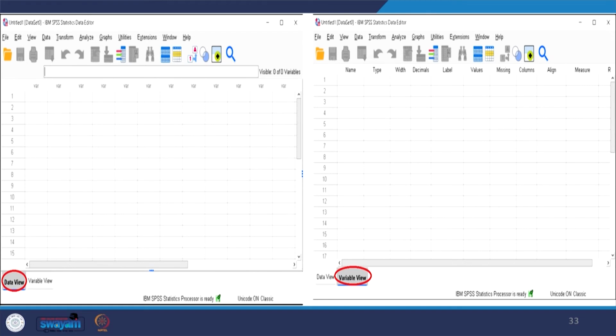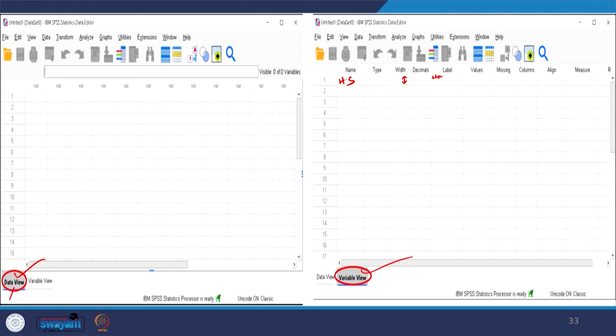Here on one side we have shown what is called data view, and this is called variable view. On the variable view, suppose I write down the variable name, household size. Then I will specify its width, up to 8, and you can either increase or decrease it. And for the label, you write down the details.